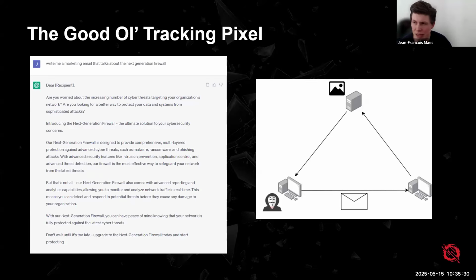What a tracking pixel effectively is, it's just going to be a very small image that we embed into an email. Typically, that image is just going to be 1 pixel big, hence why we call it the tracking pixel, not the tracking image. Now, the tracking pixel itself is going to be fetched by your mail client when you open the actual email. This was originally, of course, not invented for adversaries or red teamers, but for marketeers, right?